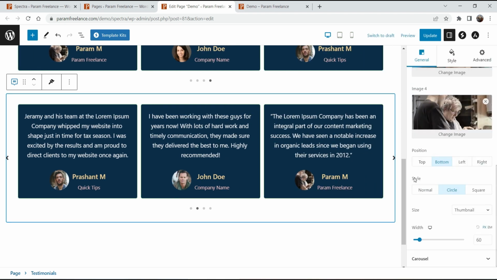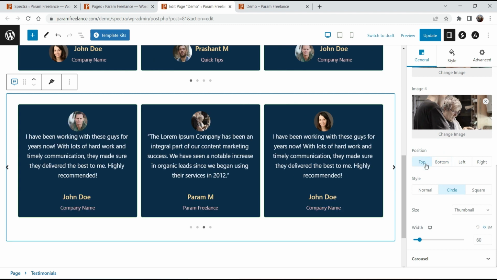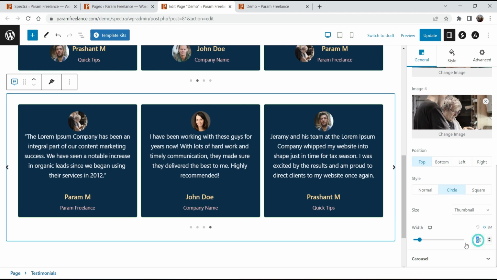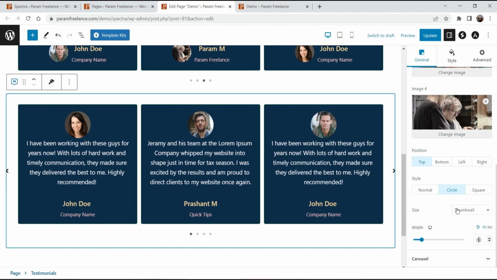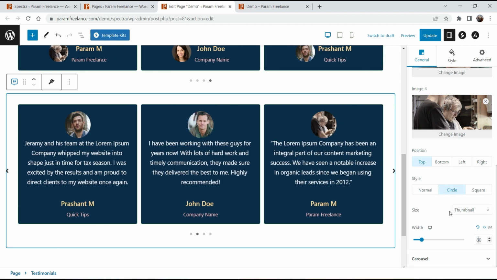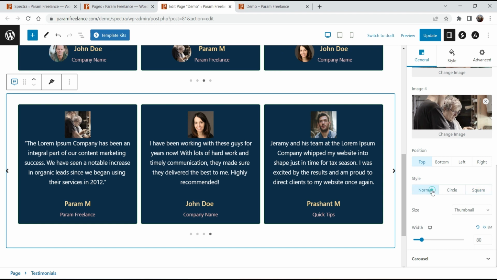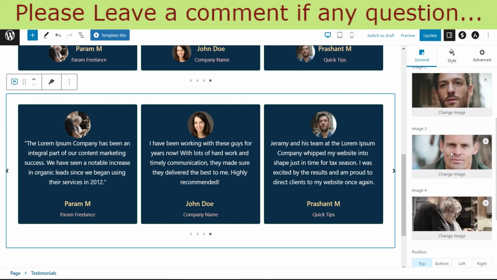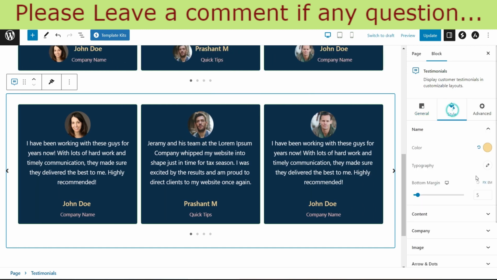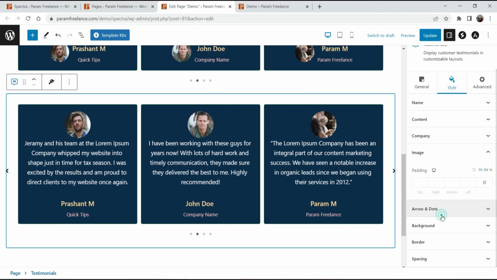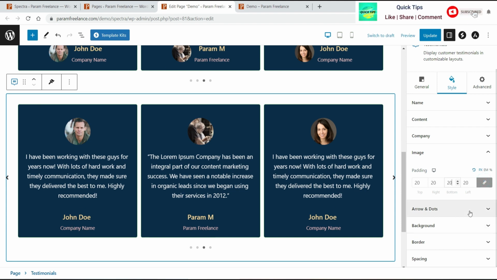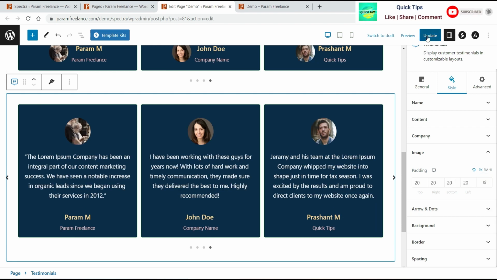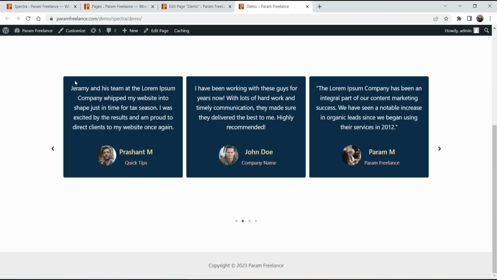So let's go to images and let's make it top and increase the size of the image to 80. So you will see the difference. So here we have got the image at the top. You can choose the square image, normal, or the circle. So circle looks good. Let's go to style settings and go to image, and let's add some padding to the bottom. So this is how it will look. Let's update it. Let's refresh it,